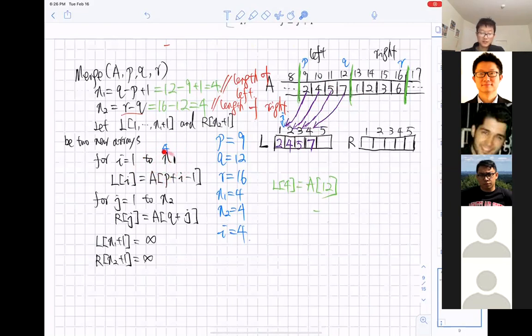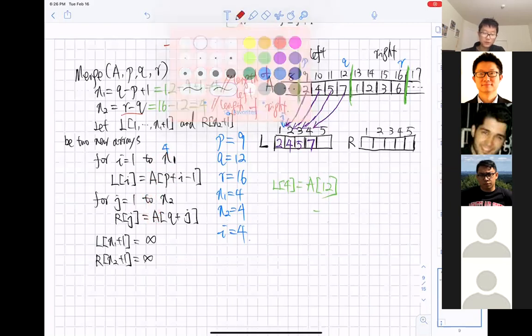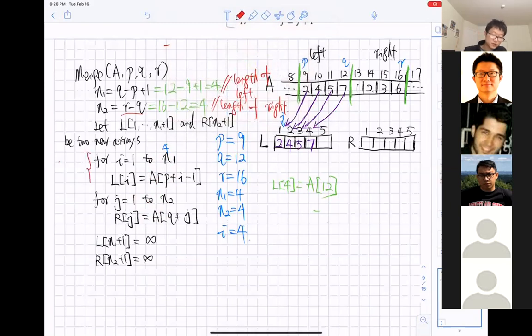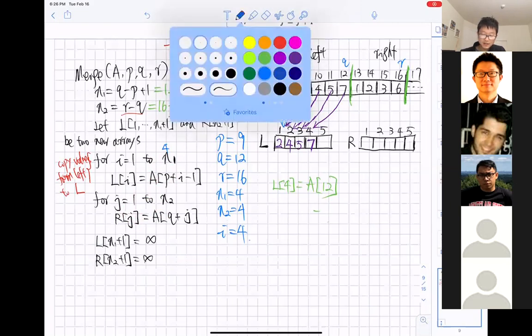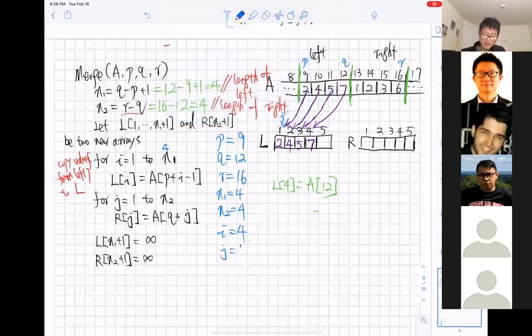So we just finished the first for loop, and then we are going to go to the second for loop. If you ask me to summarize this for loop, it's going to copy values from the left array to L. Next, we are going to start the second for loop, and we start with j as 1.